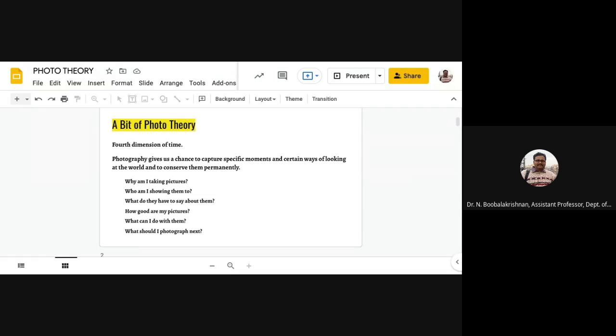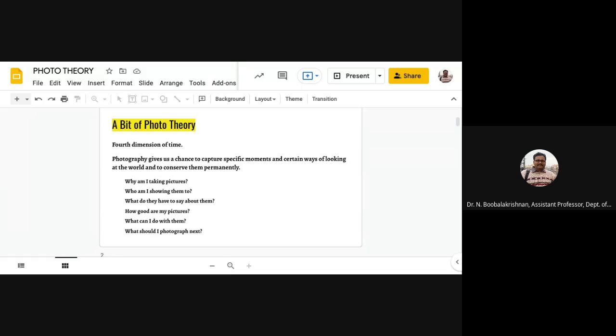Why am I taking these pictures? You have uploaded a few pictures on the drive, no? Just revisit the drive, open the folder and open your image and ask, why did I take this picture? What do I want to show them?